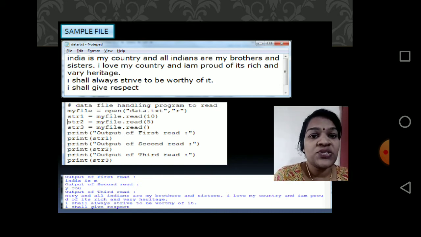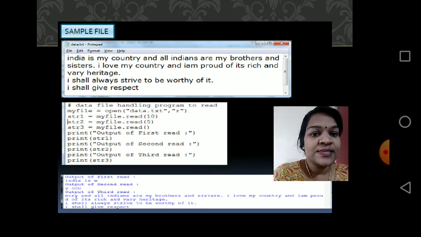Is that clear? String 1 will store only 10 bytes because we have not read anything before that. Then from there it reads 5 bytes. Then the remaining part is stored in string 3. And you can see the output. In the first read, str1 will contain India is M. Why? Because we are reading only 10 bytes there.